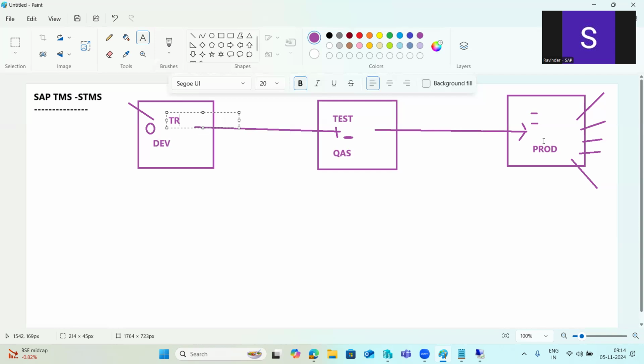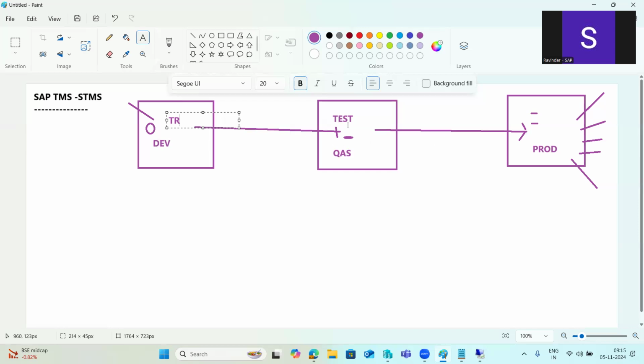But before moving to production, there is an approval procedure by the management, the client team. There is a separate team that will do the approval. This change is going to production. Is testing done properly or not? If it has failed, then they will not allow the changes. Because sometimes, because of one request moved to production, your entire code corruption can happen. You will get a lot of dumps, and a lot of functionalities will be impacted. There is a risk in moving changes to production. That is the reason.